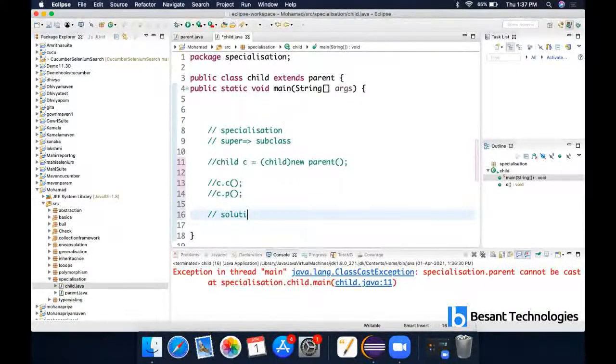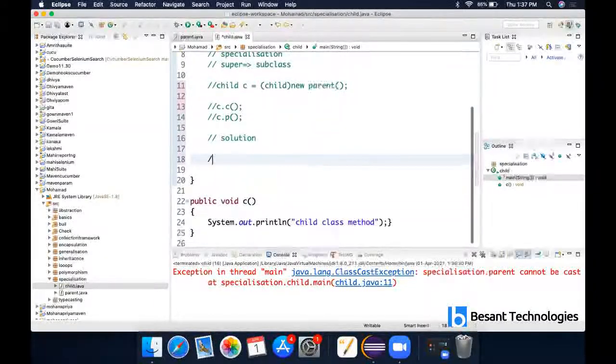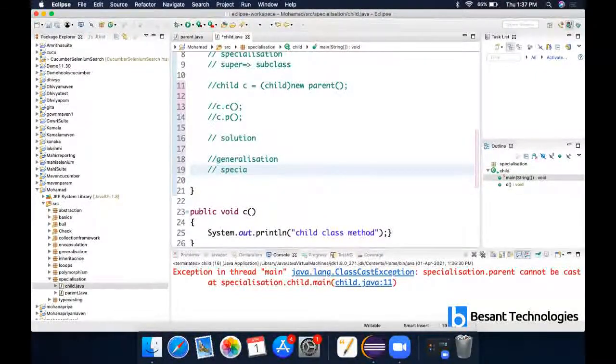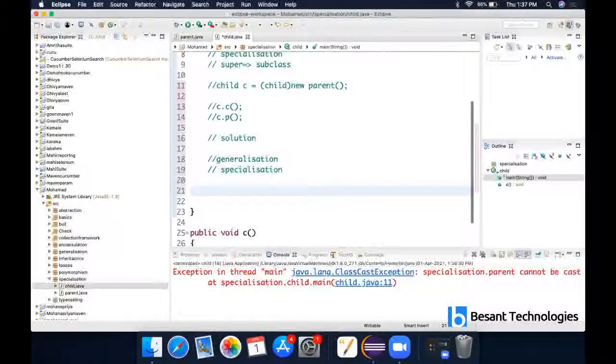Okay, here there is a solution. What we can do is, instead of doing specialization straightly, first we can perform generalization. Okay, first step is generalization. Then we can perform specialization. But my question is, what is the purpose of having this method? Because in using inheritance, we can easily call both, right? Now we are going to call both after applying the solution. Okay, so that is a problem. That's why we are having a solution. But in generalization, we are not having a solution.